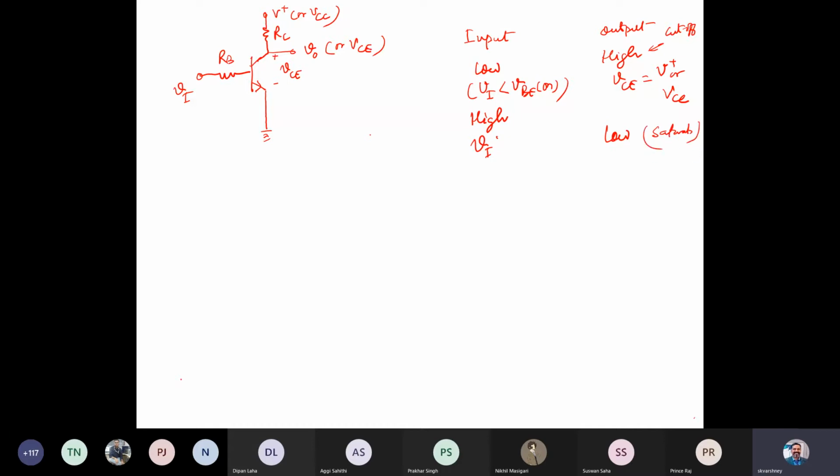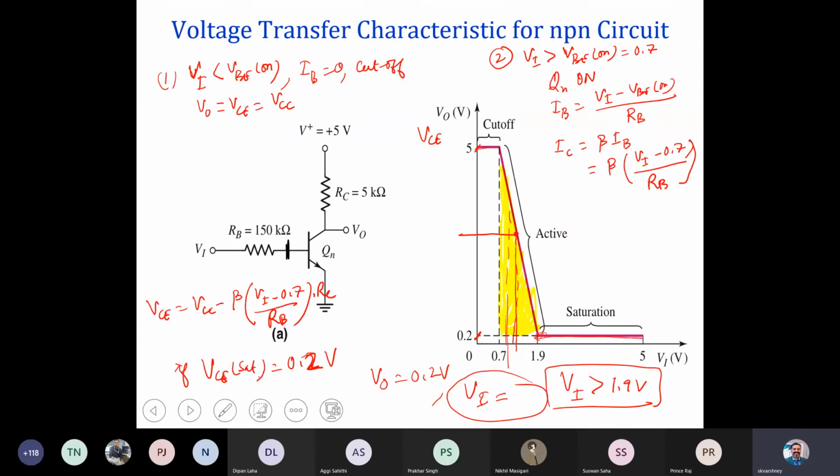So what we understand from here is that this device, or the circuit, can act as a low input, high output inverter, kind of like a switch. We can say it's a BJT switch, just an example of a switch. When there is low input, you get a high output. When the input is quite high, you get a low output. That means you're going into saturation mode, and the first case is the cutoff mode condition.